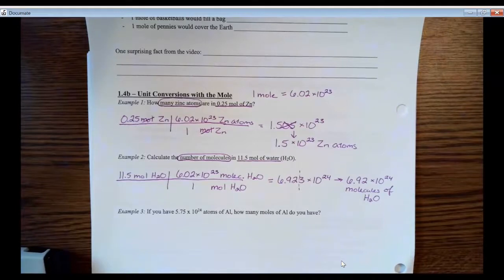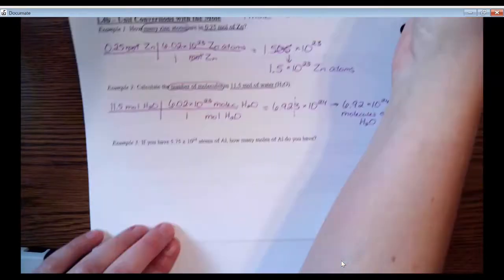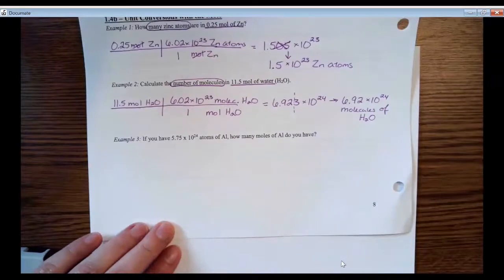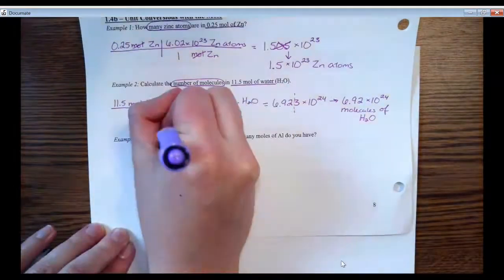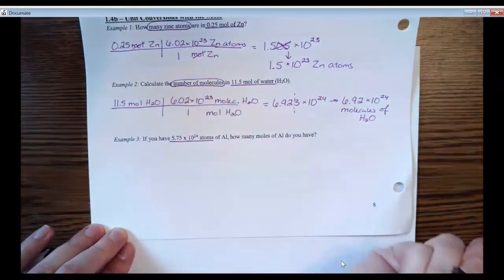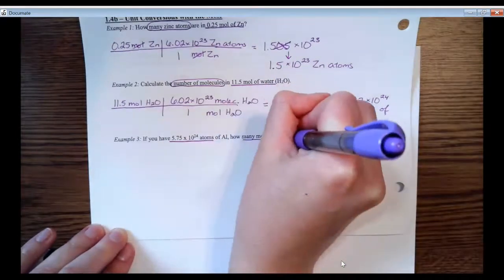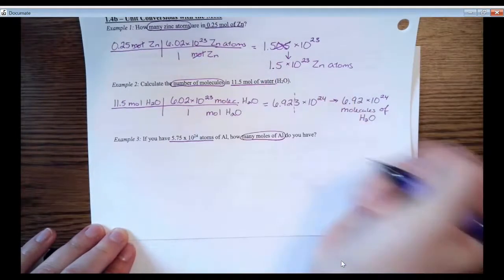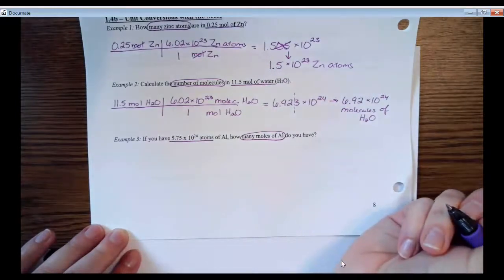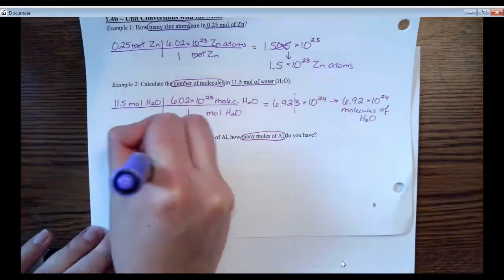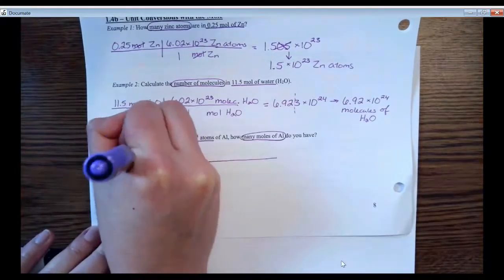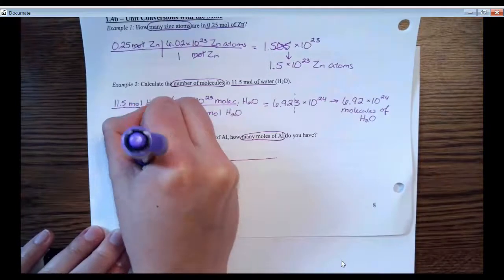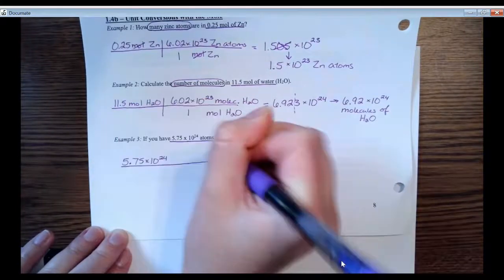Okay, one final example. If you have 5.75 times 10 to the 24th atoms of aluminum, how many moles of aluminum do you have? So again, we start by underlining our given. We want to circle what we want to find. So the moles of aluminum. So we want to set up our factor label table. As always, our given goes in the first box. So 5.75 times 10 to the 24th atoms